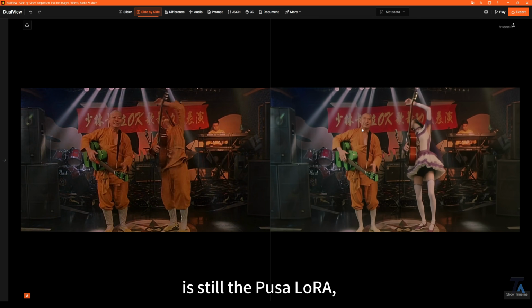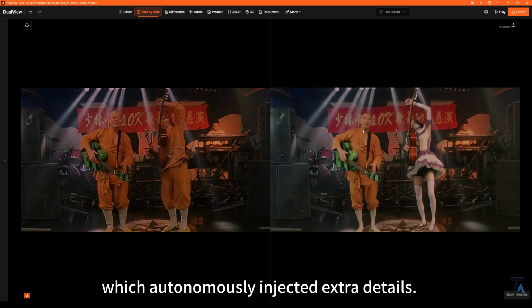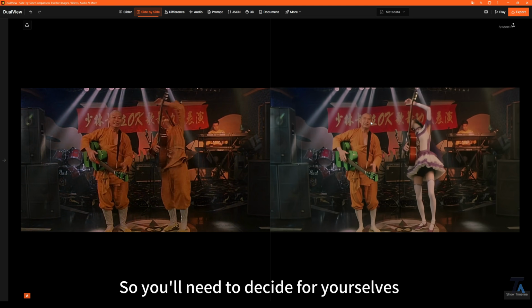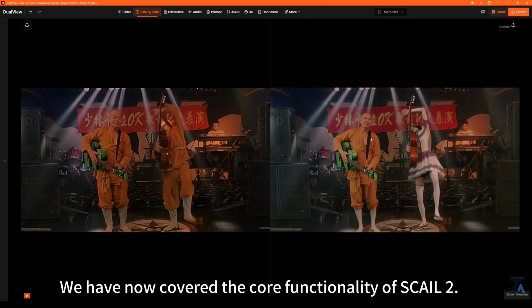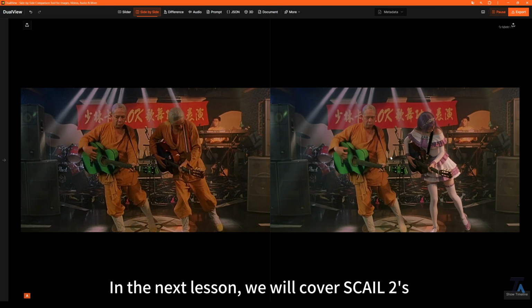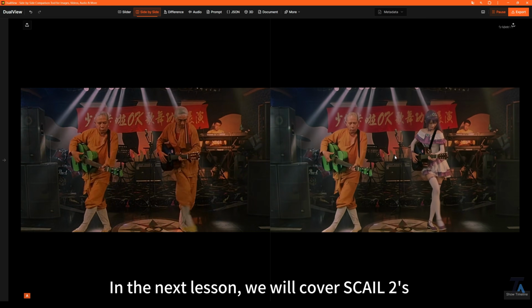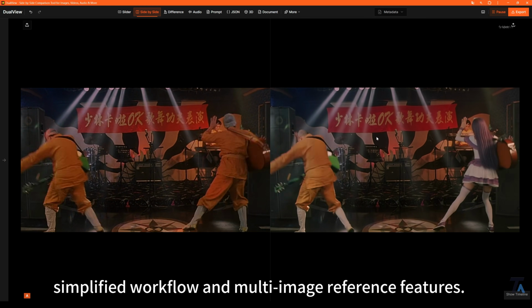The cause behind this is still the PUSA LoRA, which autonomously injected extra details. So you'll need to decide for yourselves whether to use the PUSA LoRA or not. We have now covered the core functionality of SCAIL-2. In the next lesson, we will cover SCAIL-2's simplified workflow and multi-image reference